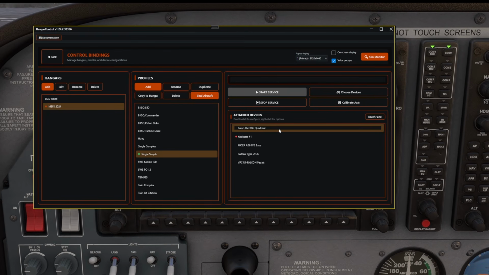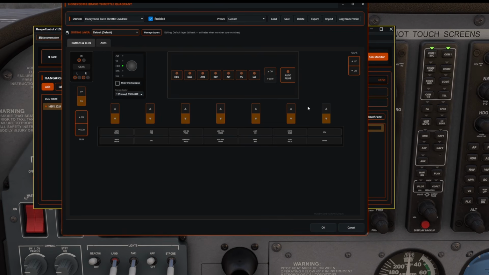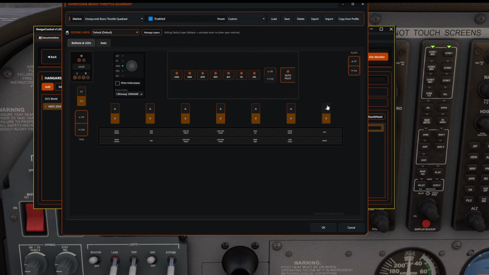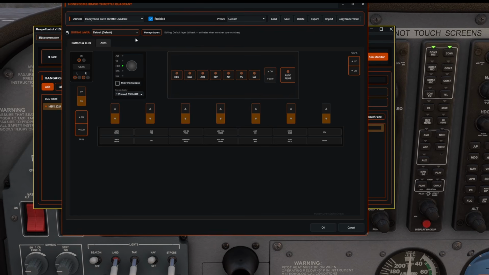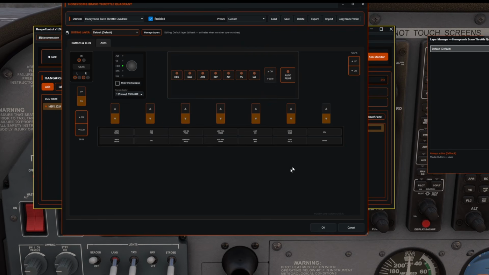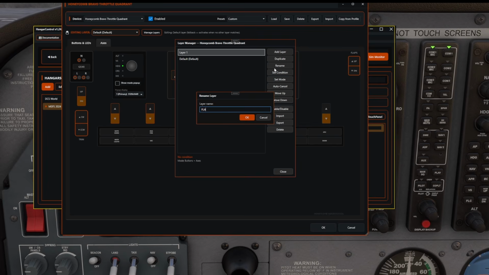When you go to create a flag, the principle is going to be the same, but instead of a button, usually you're going to have like a switch or a toggle or something in which you would be turning it off. A real cool way to do something like that would be managing layers. Hangar Control has the ability to set up layers. So consider all of our mappings here as a single layer, okay? And if we wanted to add a layer, and we'll just rename this to flag test,